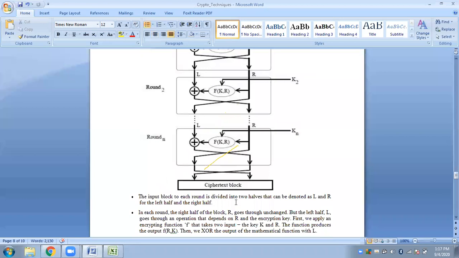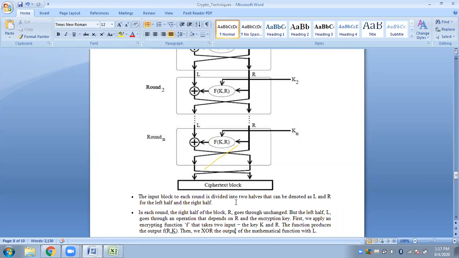Yes, ma'am. Actually there are a lot of operations happening inside. There will be substitutions also, there will be permutations also. Actually the process is very big, but it is out of the context of your syllabus. In your syllabus you don't need all this. I will simply go through the basics. You don't have to go through the algorithms because they are very lengthy. You will get these in cryptography, in those subjects which are purely based on cryptography.